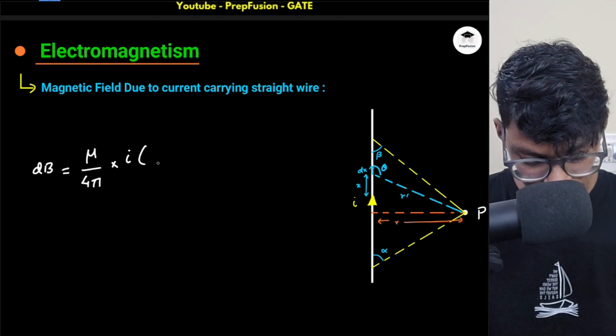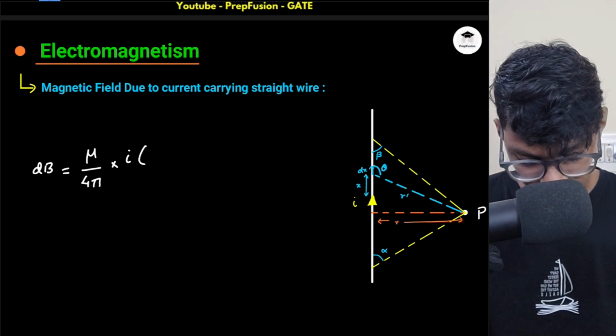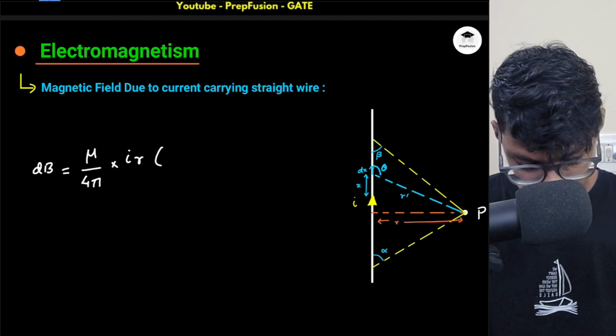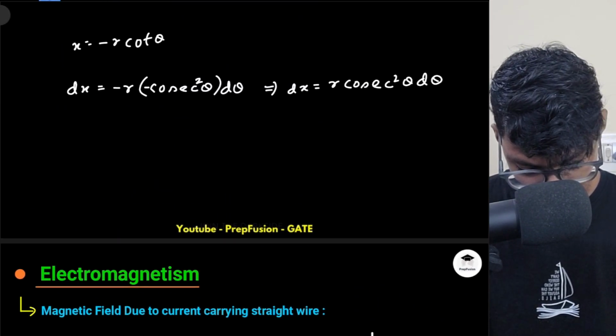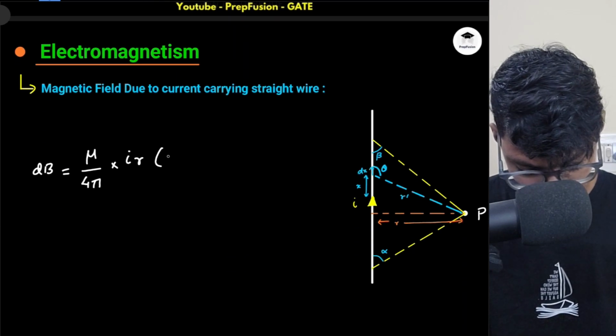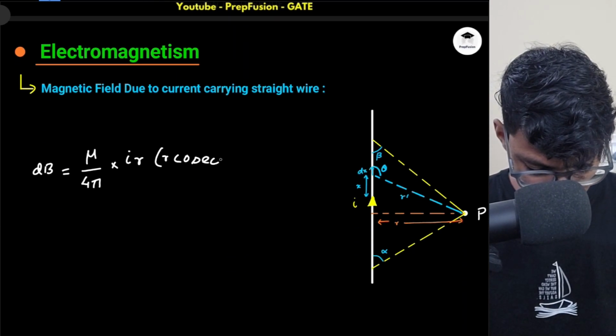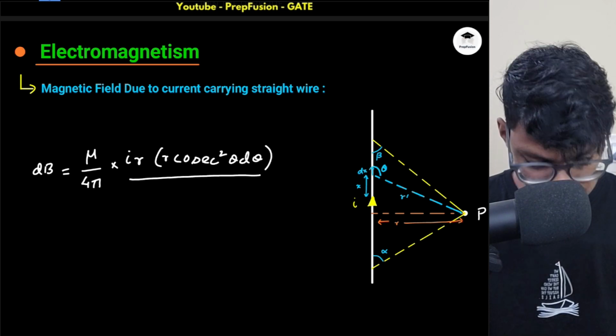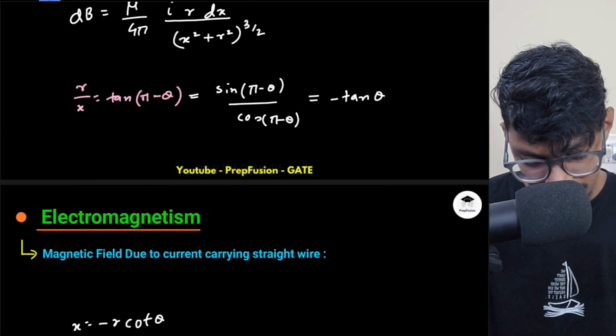R was there separately previously, and dx has become r cosec square theta d theta, divided by